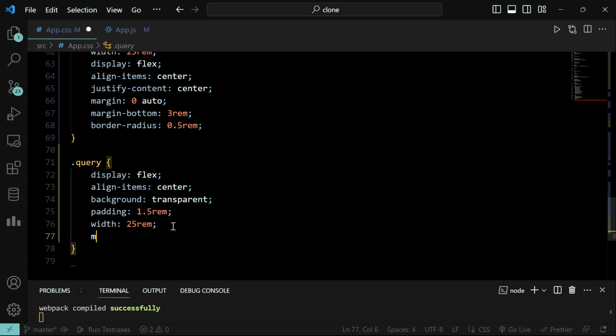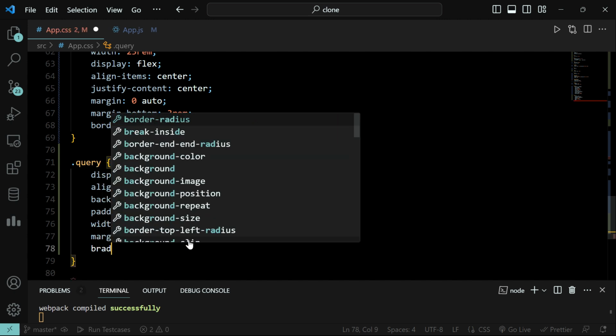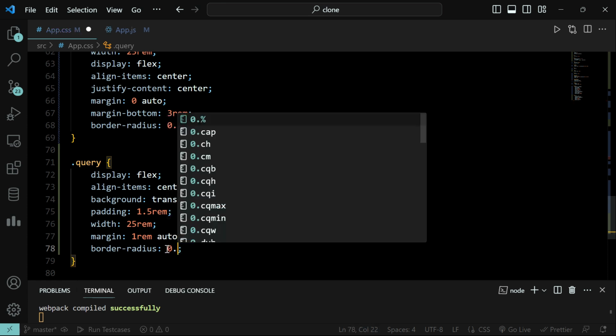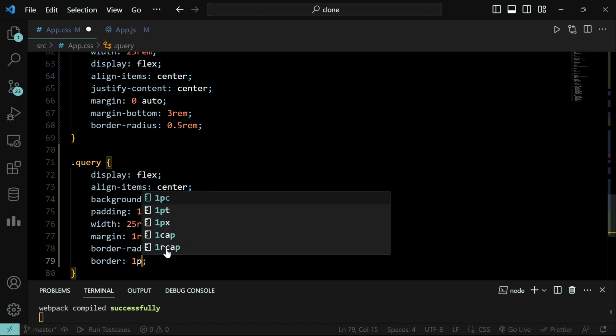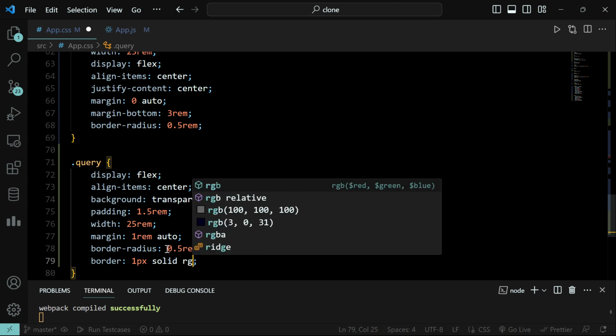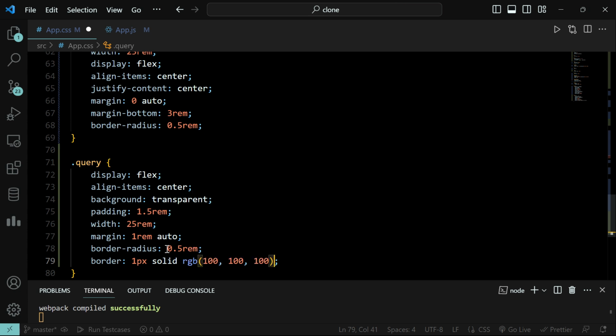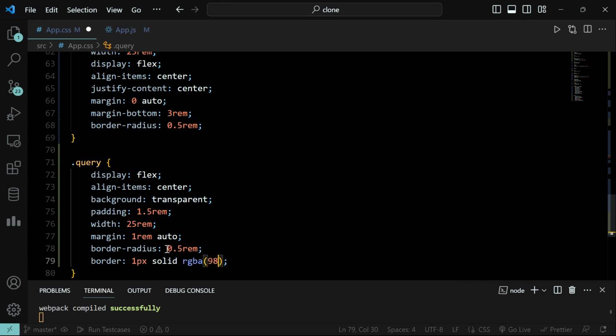And for the whole thing I can add margin of 1 rem with auto for left and right, and some border radius of 0.5 rem and a little bit of border of 1 pixel solid of color RGB. I guess 100 will be a little more, so we can just add RGBA of 98, 98, 98 and 1. So let's see